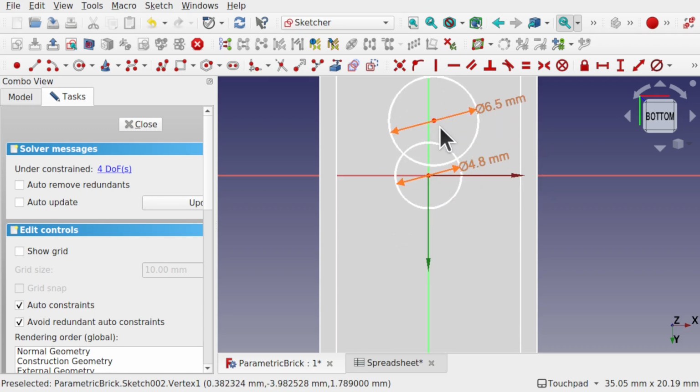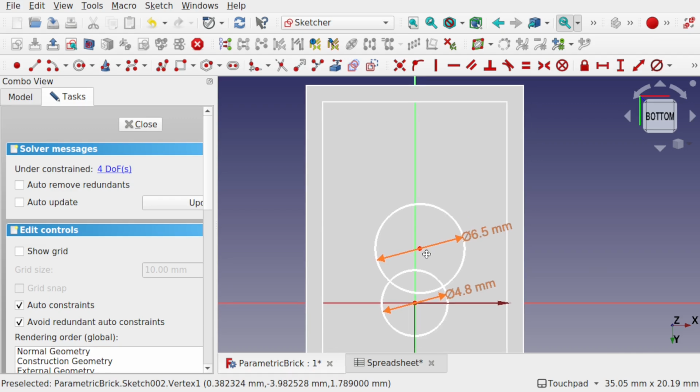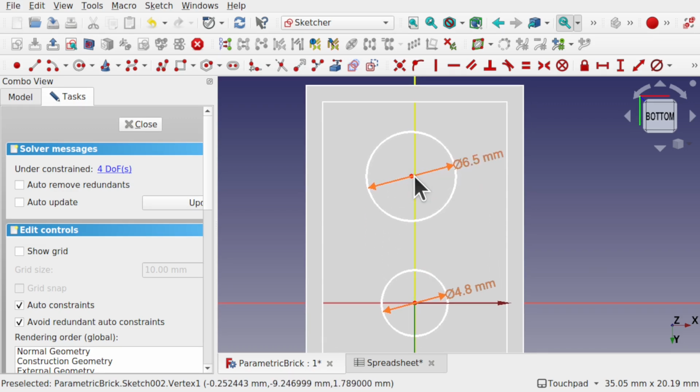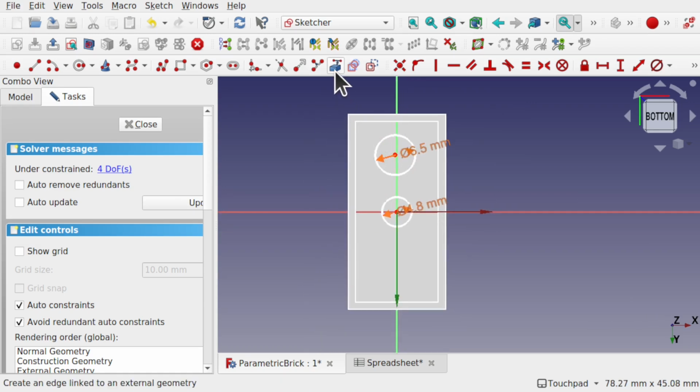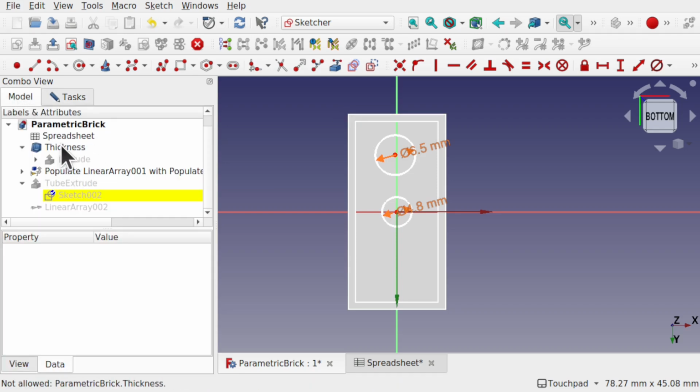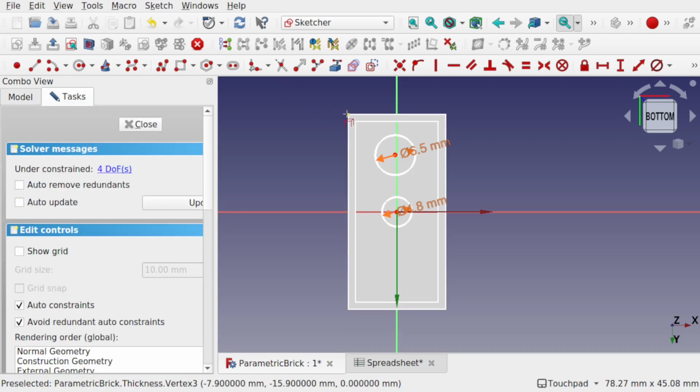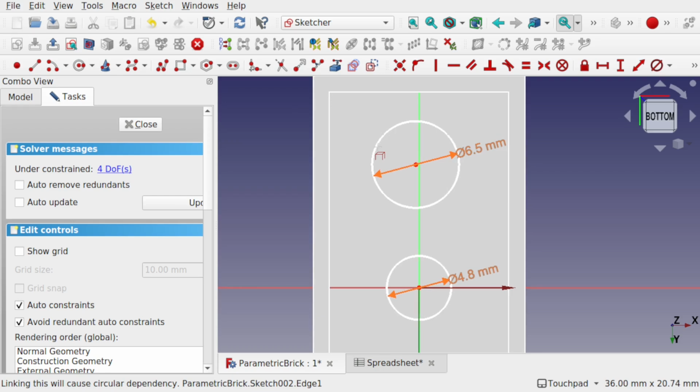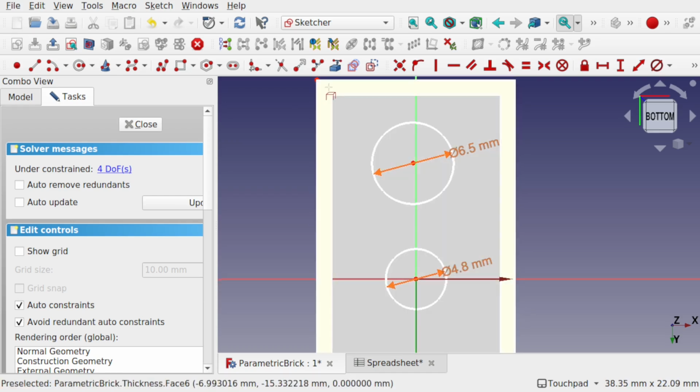Let's move this up. And we're going to move it up here, and we're going to constrain this to the top left. So using the import geometry and bring in that top left here. Now this should be the thickness that's coming in here. So click on that top left, and now we can set some parameters against a point there. Hit escape. Take these 2 points,